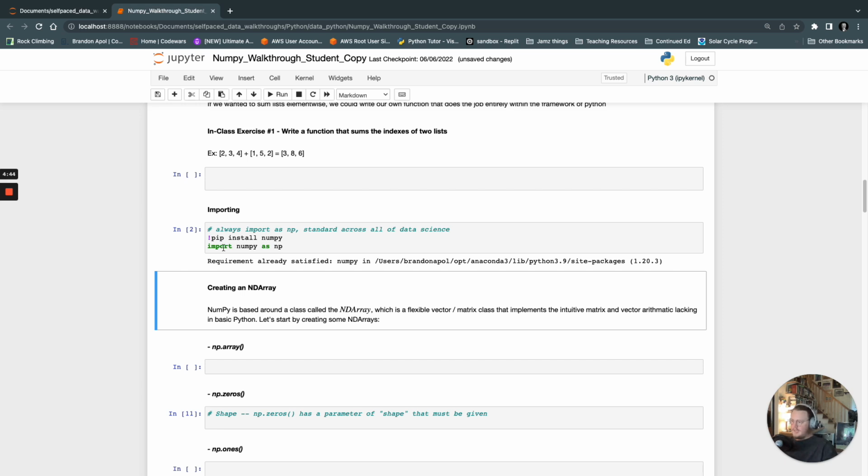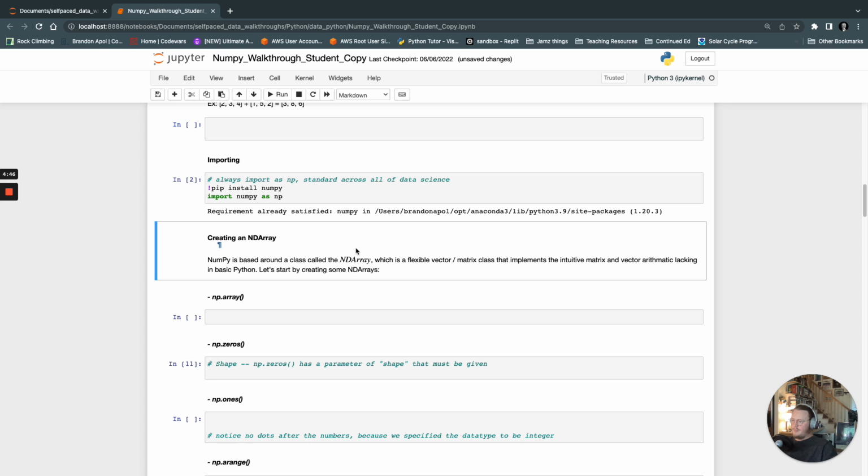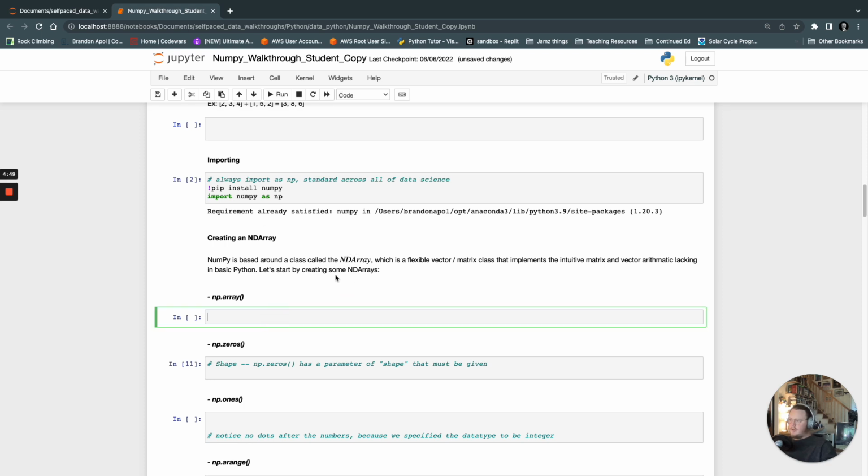But so that already exists, and now we can import that as NP. And now we can use that NP to pull some stuff. So let's try this. We're going to do R1 equals np.array, which is, again, a function. You may remember this,